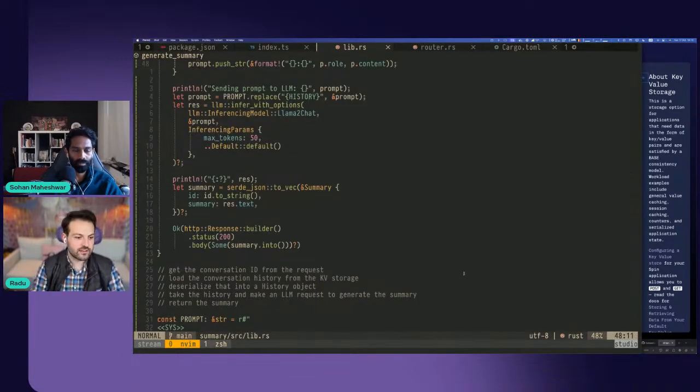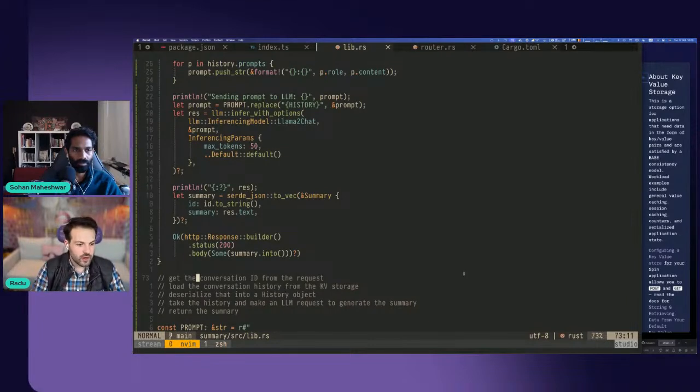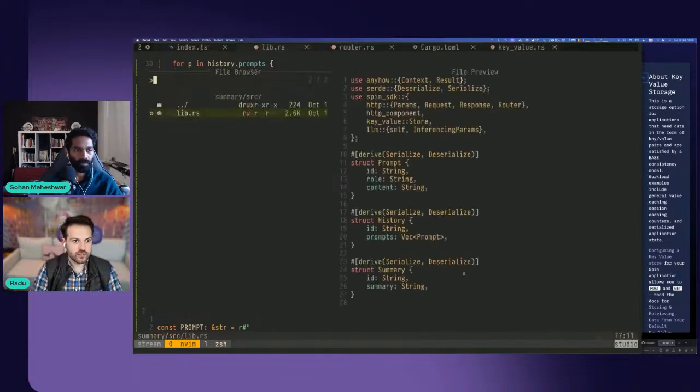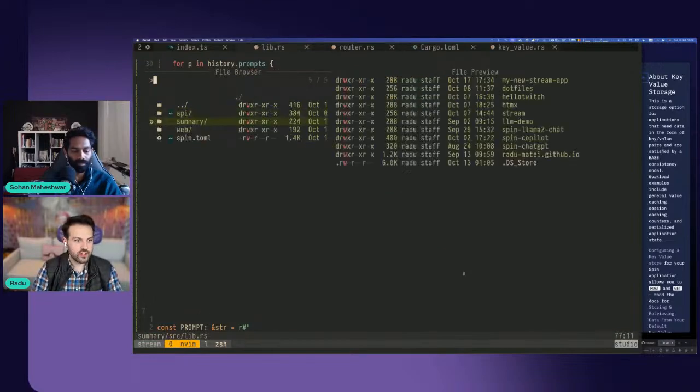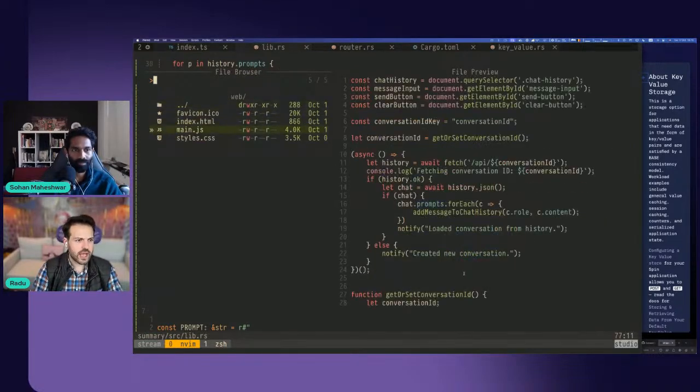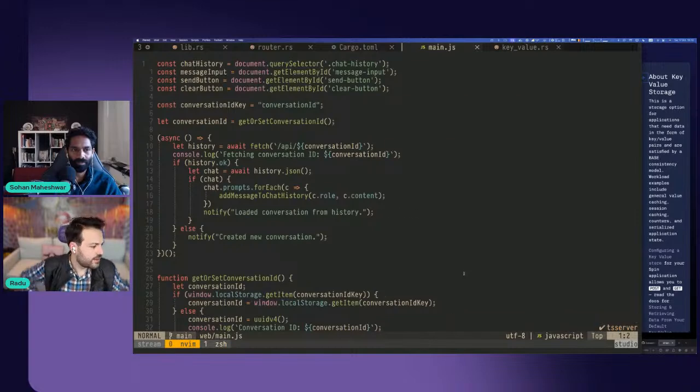Well, we can tweak that in a bit. So we got the conversation ID from the request. We loaded the history from the key value storage, deserialized that, took the history, sent in a large language model request, returned the summary. The last thing we have to do is update the UI to actually request that